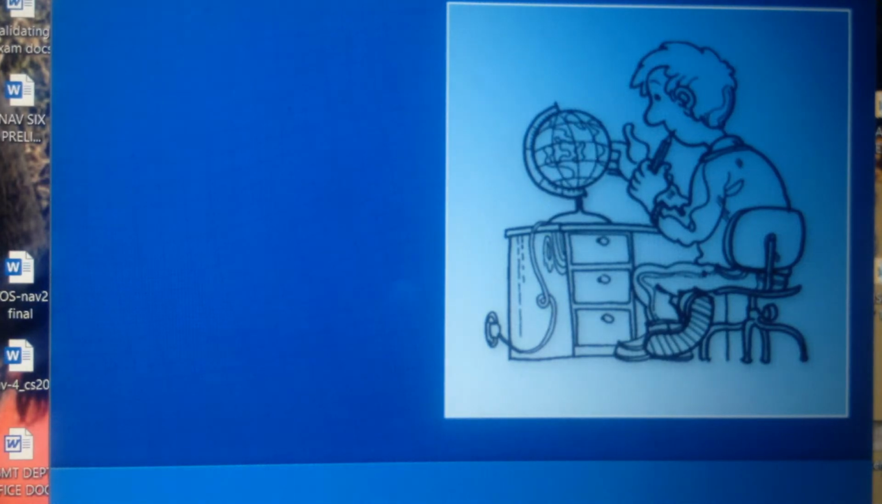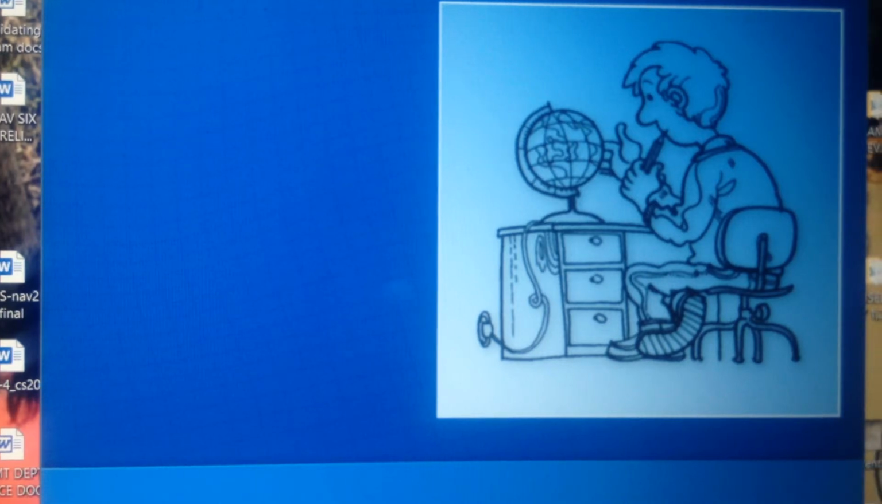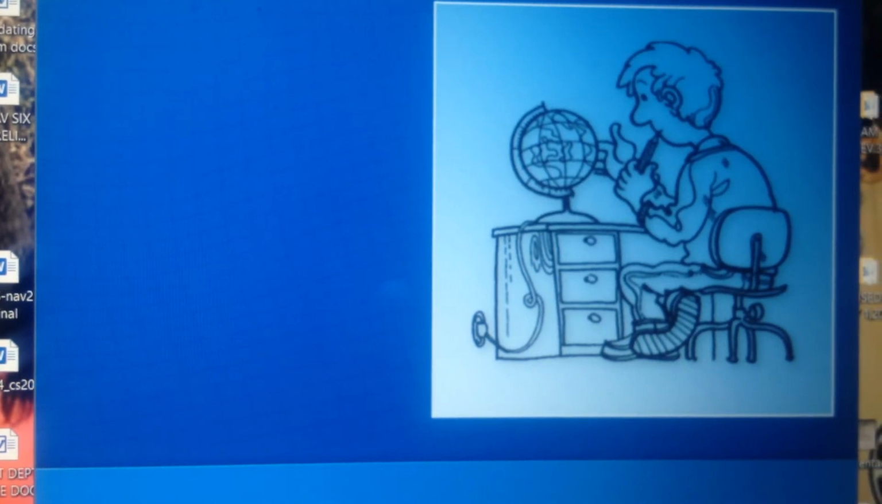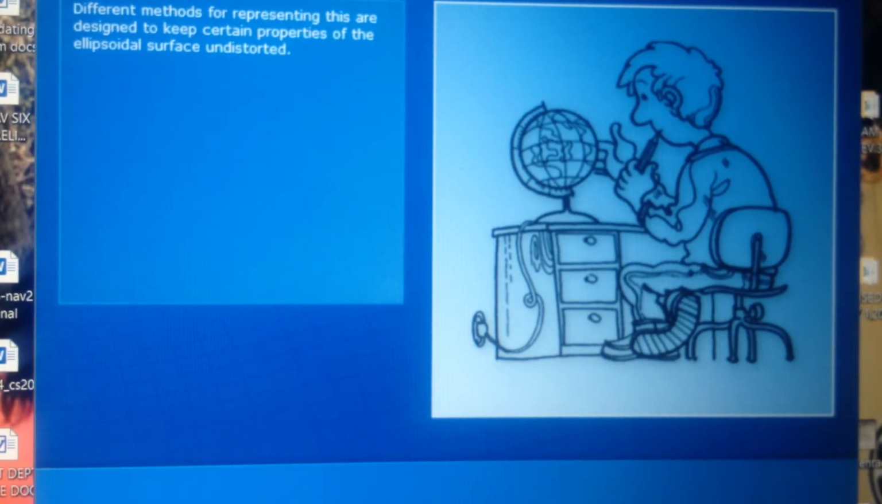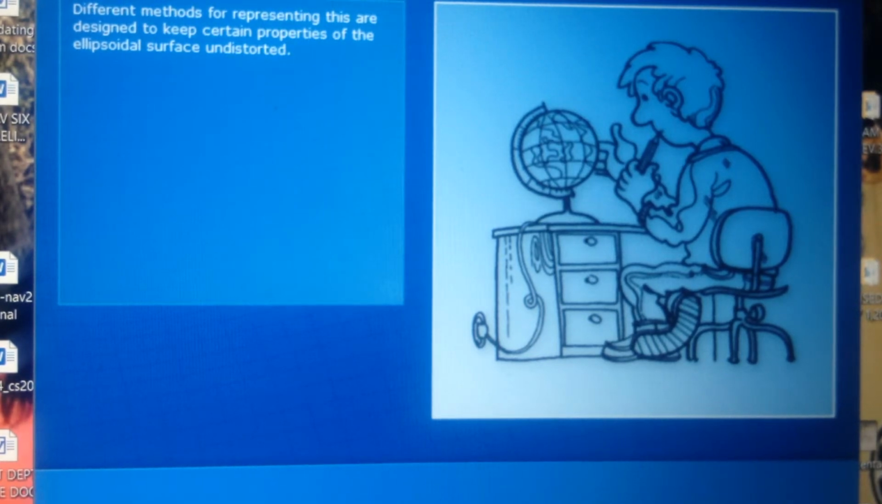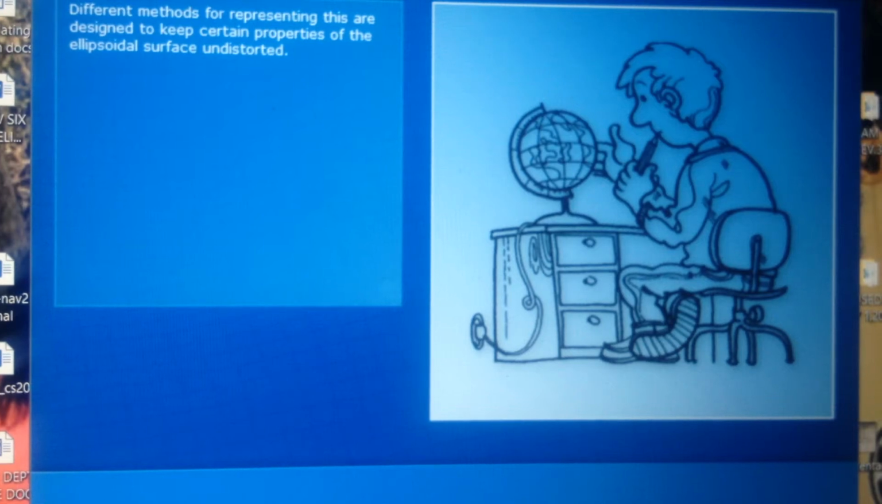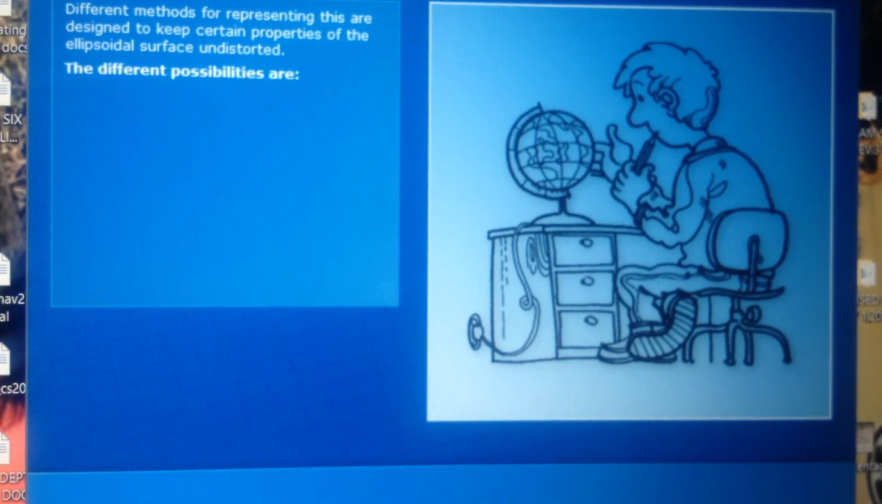Chart projections constitute the way of representing the Earth's surface in a plane. Distortions are impossible to avoid when representing a surface with double curvature in a plane surface. Different methods for representing this are designed to keep certain properties of the ellipsoidal surface undistorted. The different possibilities are